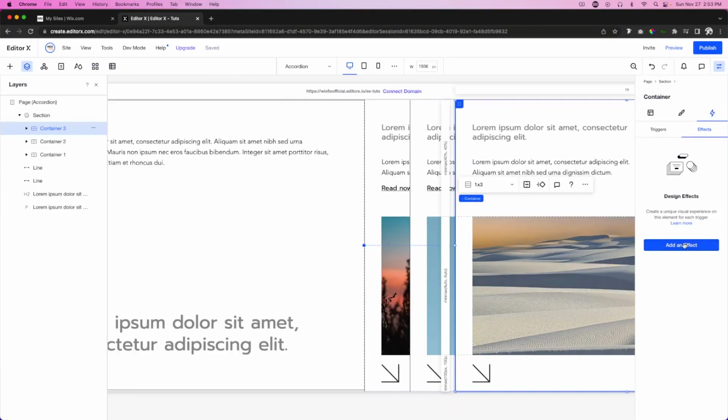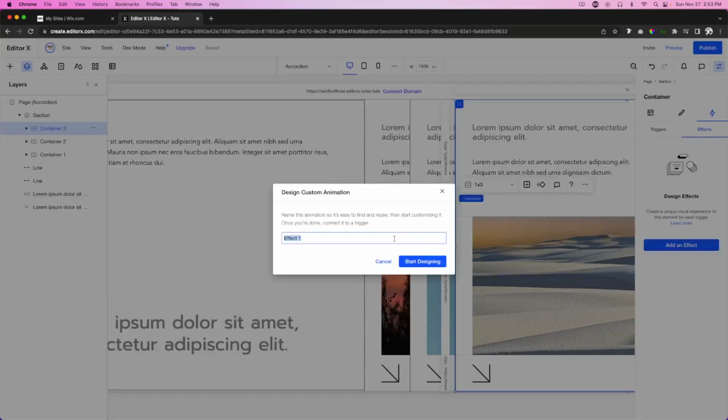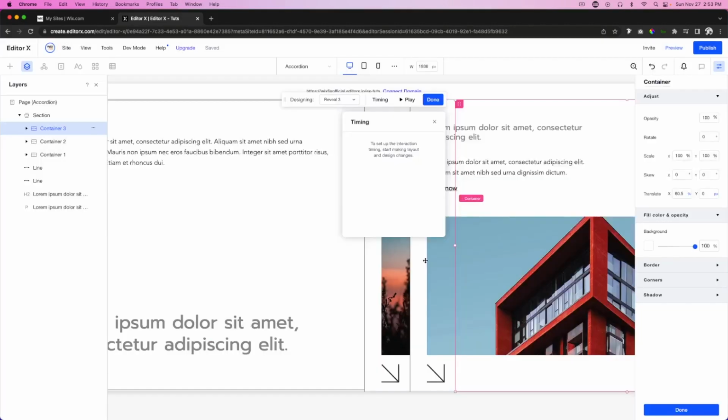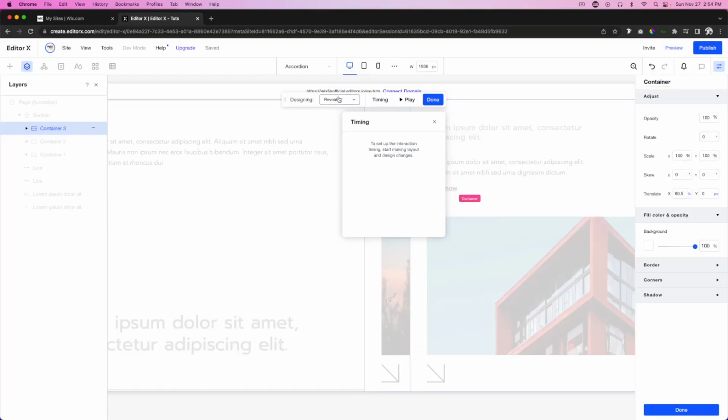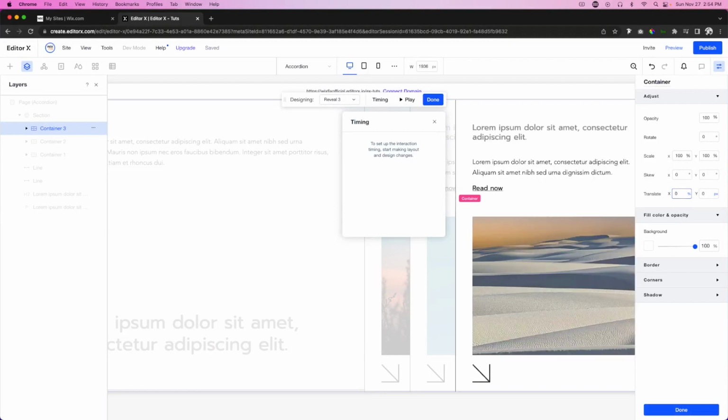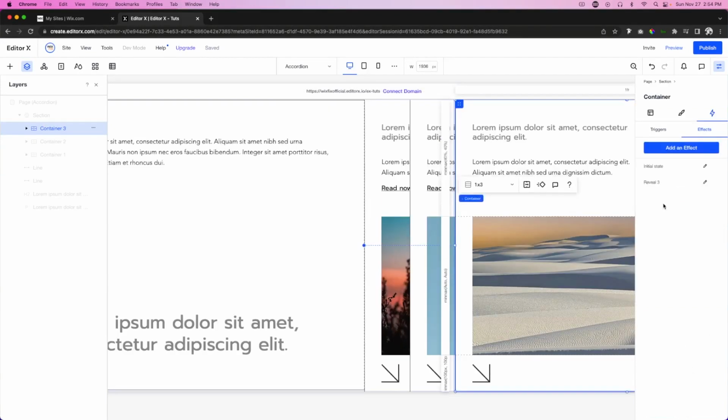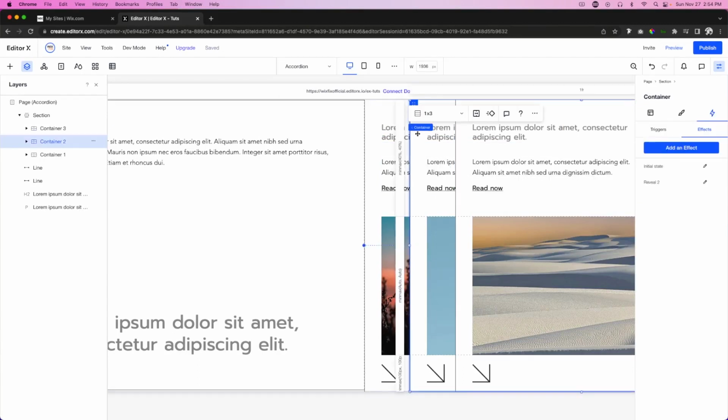for this container 3. So we'll add a custom effect. We'll call this one reveal 3. Press start designing. We are on the hover effect right here. So we'll come over to translate and set this to 0, just like that. So now what we want to do is, now that we have the effects, now we can actually come over